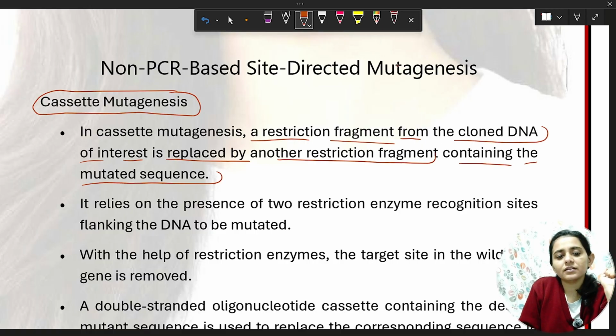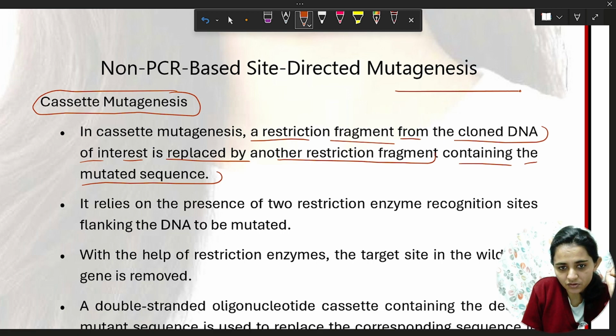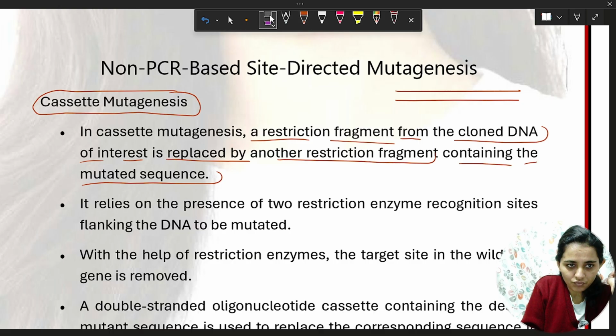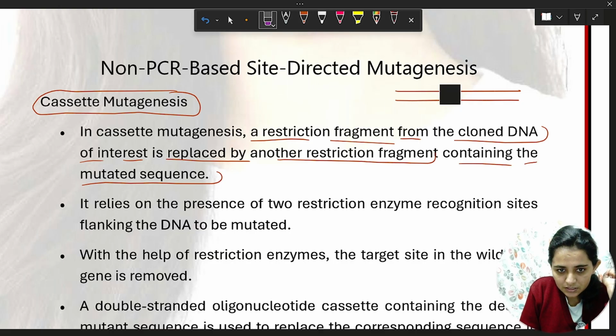What we do in this is we have this one DNA sequence where we do cutting, with the help of restriction enzymes.